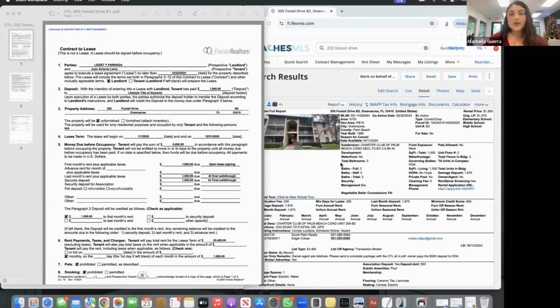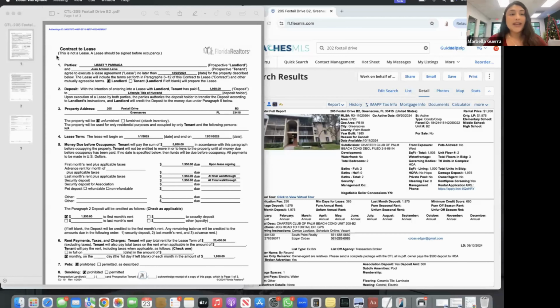I don't want to keep you guys here too long, but today I just want to focus on an example of what it would look like when you are working with a tenant, you've showed them the property and they tell you, okay, I am ready to go. I want to send an offer to this property, or what do I have to do to apply? So what we need to send as agents is this contract to lease, which is essentially,